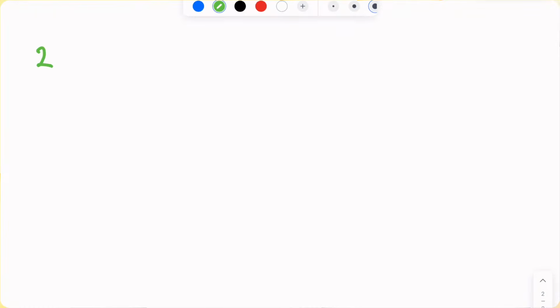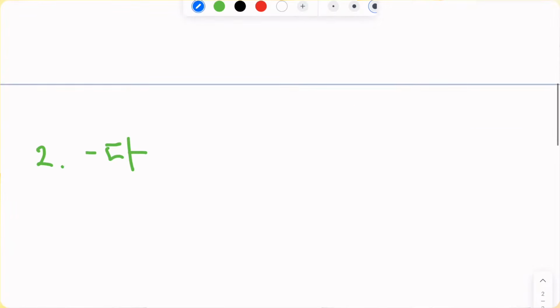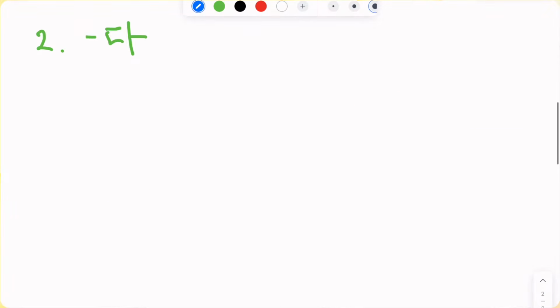그리고 we're moving on to 다 ending, guys. 다 ending is most famously known as written form, right? written form으로 알고 있을 거예요. 일단은 grammar 먼저 봅시다. 다 ending은 일단은 if your sentence is in present tense using 다, you could say